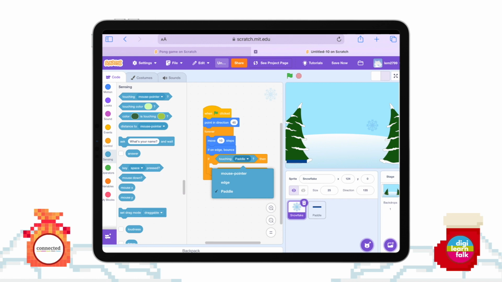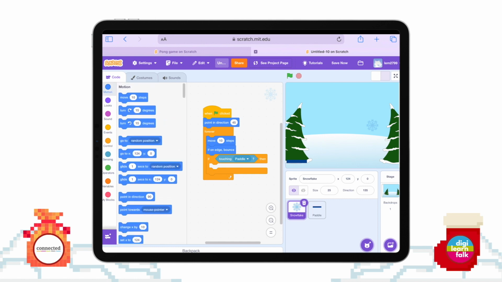So if it touches the paddle, I want it to do something, and what I want it to do is turn and bounce off and go in a different direction. So we want to go back to our blue menu for motion, and we want to find the one that says turn 15 degrees. Now you can choose which of the two turn blocks you want, it doesn't actually matter, and we want to put it there. Now if we try this, it's going to turn 15 degrees and it's going to bounce off,